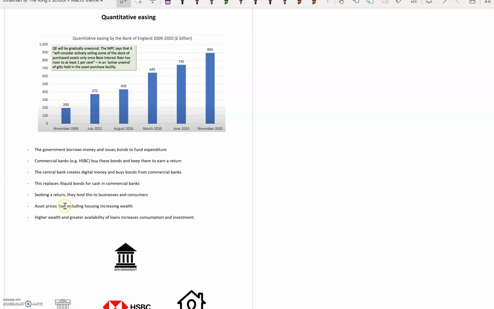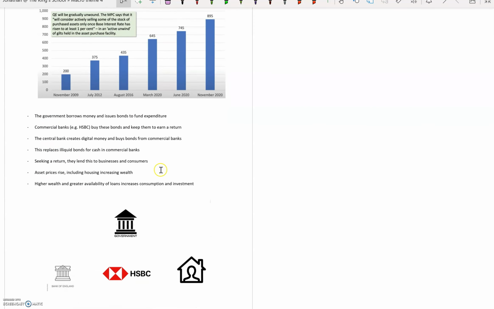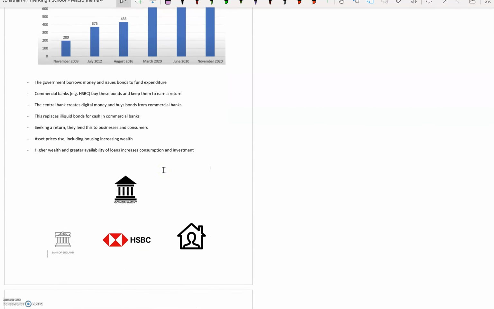You can read that yourself as to what happens. I'm just going to explain it quickly here, that the Bank of England, it decides to print some money. It creates, say, £50 million, and it buys these government bonds in commercial banks. The bond is transferred to the government. The 50 million in cash is transferred to the